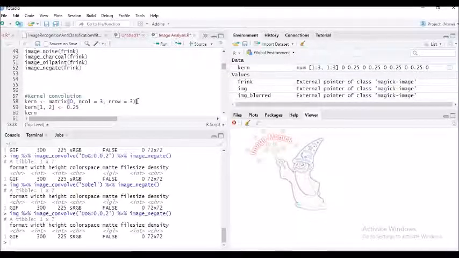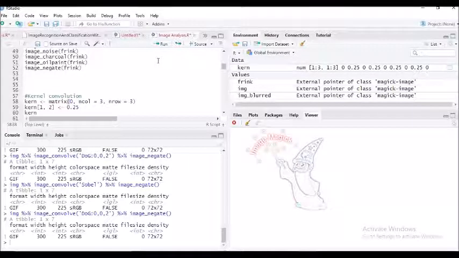Now if you go ahead and start evaluating each one of them, you would see that finally the kern that I am trying to print will appear somewhat like this. If you look in the output pane, you will see that the number of columns is 1, 2, 3 and the number of rows is also 1, 2, 3, wherein at first row, first column the value is 0.00.